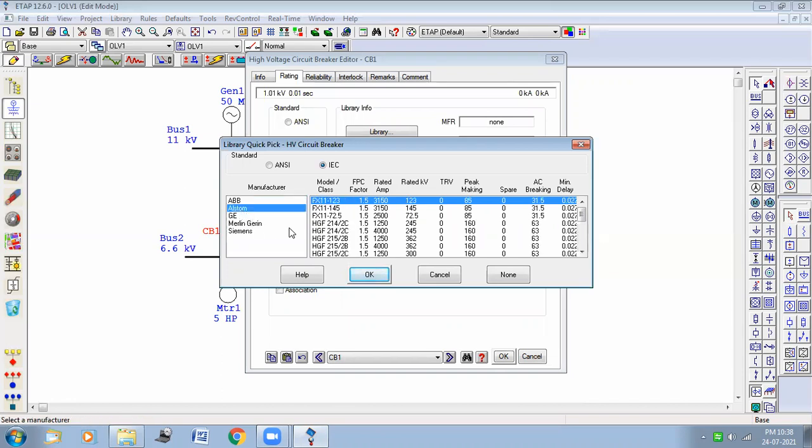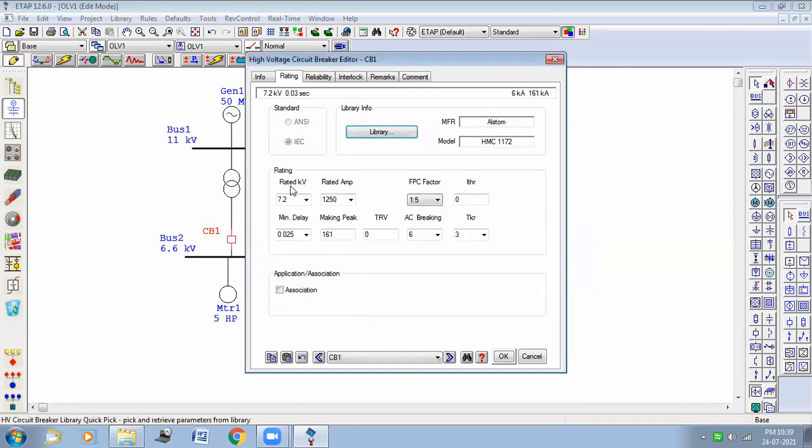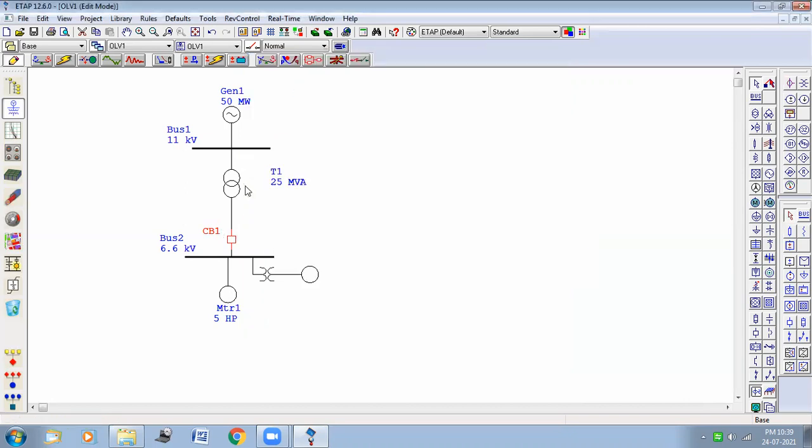So I'm selecting Alstom here, and I'm taking that 7.2. The rated voltage for this model is 7.2, rated kV is 7.2. Just select it. Now I can change it to 6.6 kV, and for our rated ampere, I'm just clicking on OK.